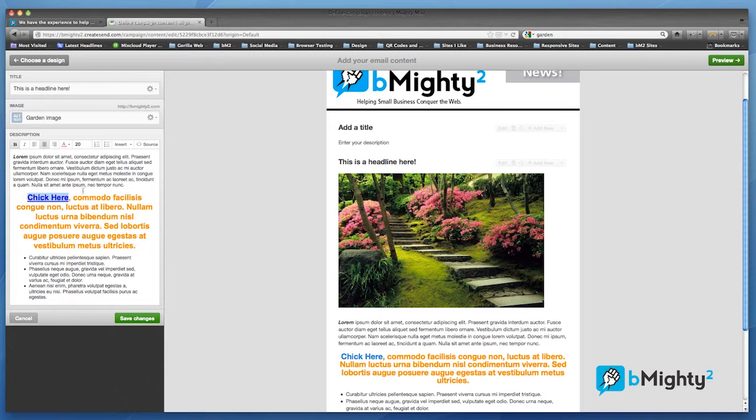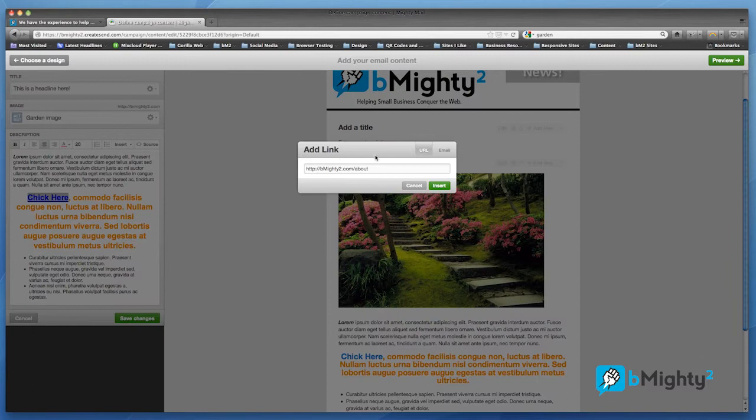So now I'm going to go back to my email campaign, highlight the words click here. I'm going to hit the insert, and in this space, I hit Command-V, and it will paste that URL, and